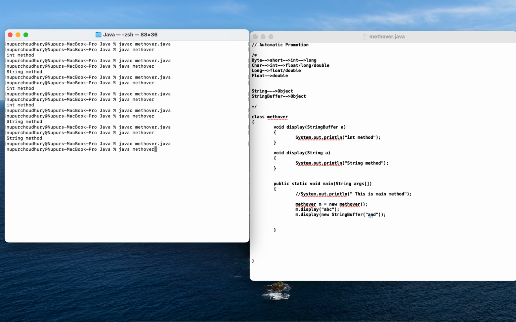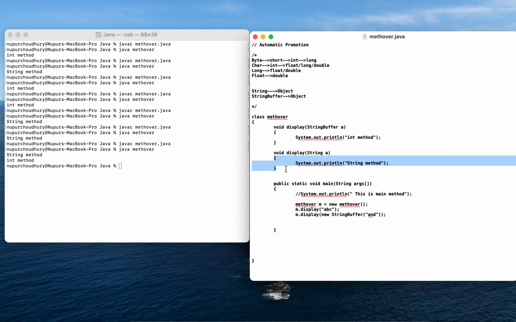So this is also a child class of this particular method. Since in my first statement I'm passing a string variable, this will be printed first, and for the next one, string buffer, this is printed in the second. Now what if I am trying to print null, or I'm passing null as an argument? Yes, null.